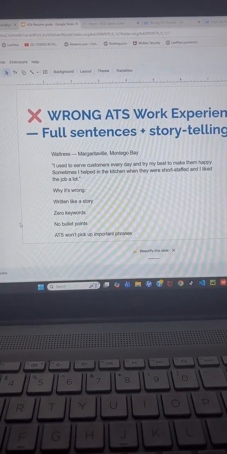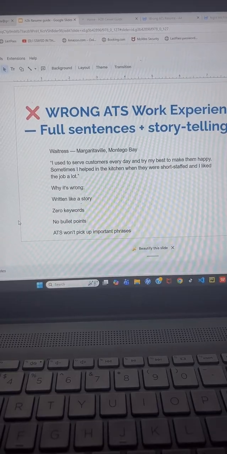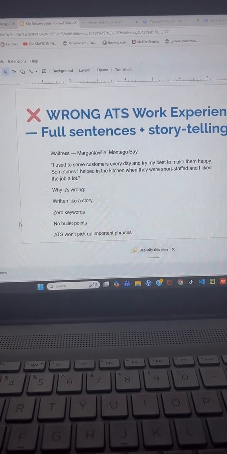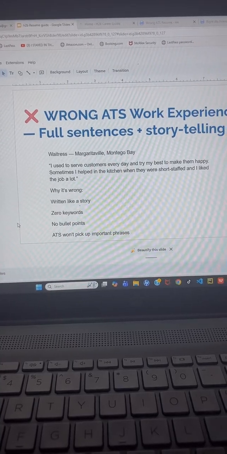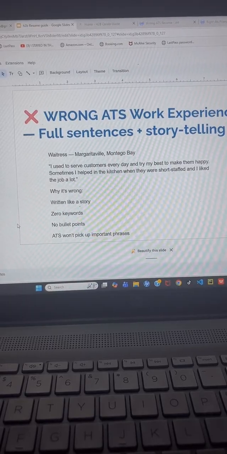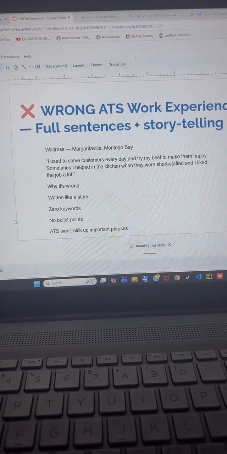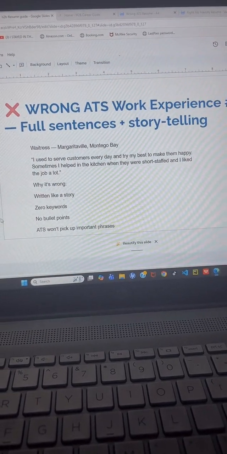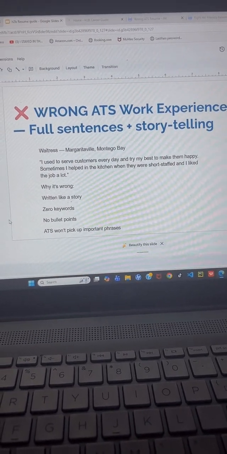Alright, so you don't want to use a lot of sentences for your work experience. You can use one. Ensure that it's matching the job position that you're applying for.